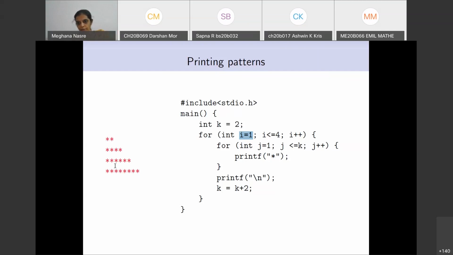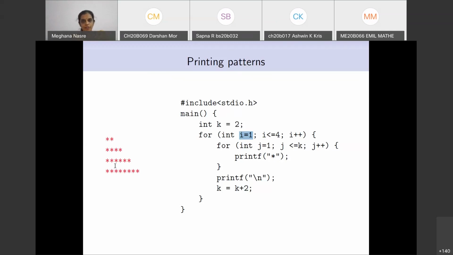Any questions or comments about this? Okay, so a small exercise for you is to print this inverted staircase. That is, you have 8 on the first, 6 on the second, 4 on the third, and 2 on the last one. Yeah, lower triangular matrix and upper triangular. Thank you Sri Lakshmi for prompting that. Okay, so the lower triangular matrix and upper triangular matrix. And of course, you can also change this pattern to be starting with 1 and so on. At the moment, I am not going to do this.